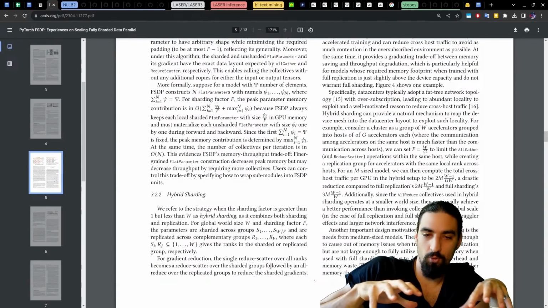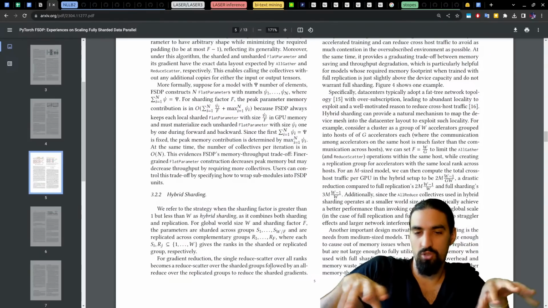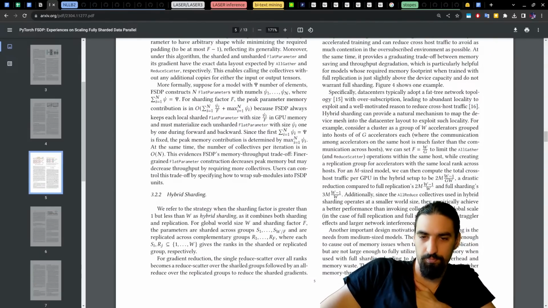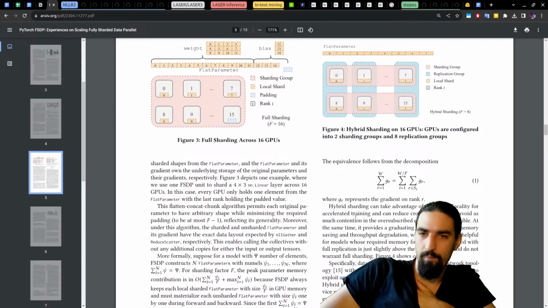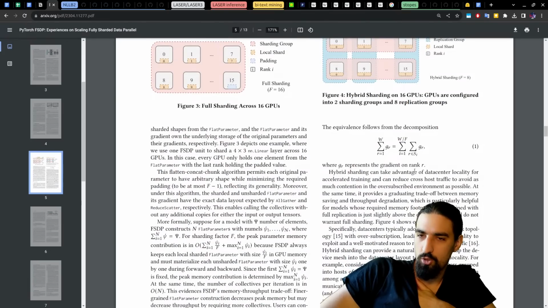And then you have to do the all-reduce to sync the gradients across the devices. Okay. The equivalence follows from the decomposition, this one, where G_R represents the gradient on rank R.